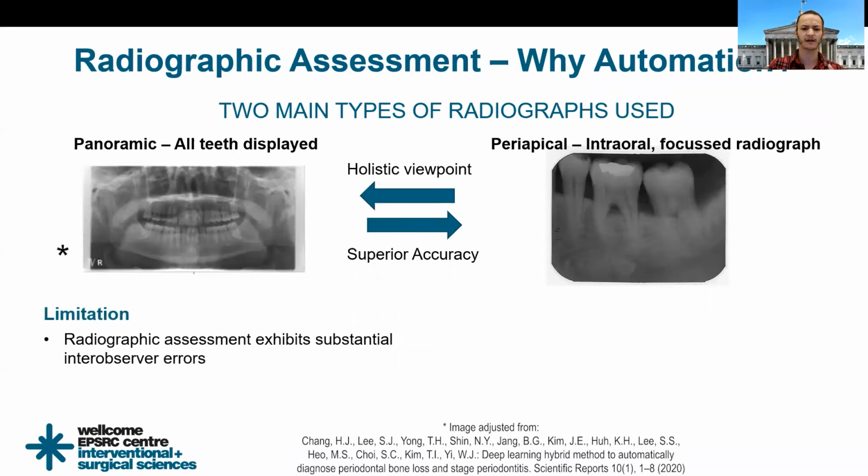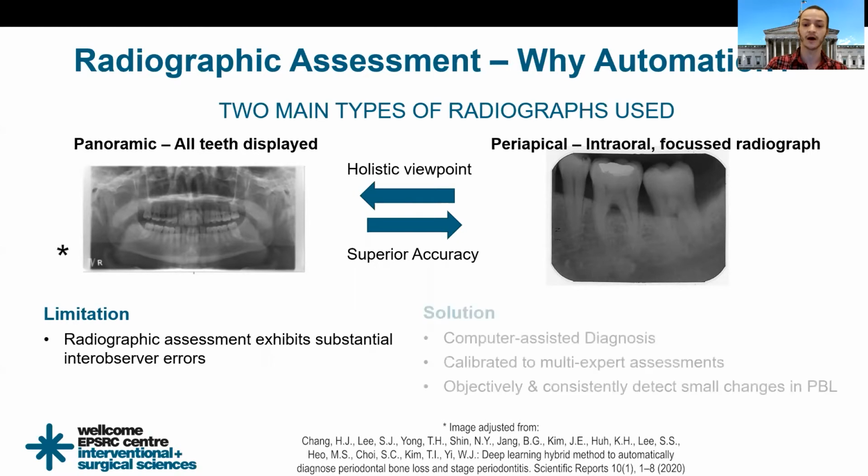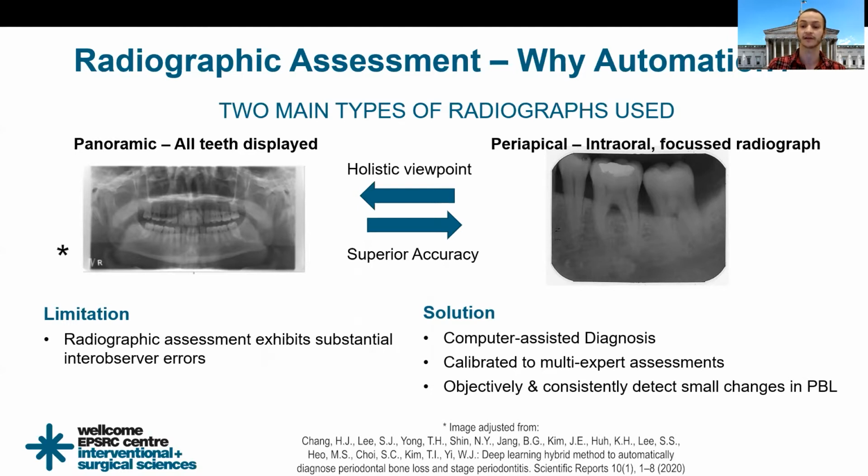The limitation of radiographic assessment currently is that it exhibits substantial inter-observer error. If two clinicians are to look at the same radiograph, they could have two different decisions of what periodontal bone loss percentage they see. The solution to this is a computer-assisted diagnosis, which amalgamates multi-expert assessment and multi-expert labels to give an objective and consistently accurate measure of periodontal bone loss, and it's hoped that this will be able to detect small changes in periodontal bone loss to track the progression of the disease and to hopefully give interventional preventative